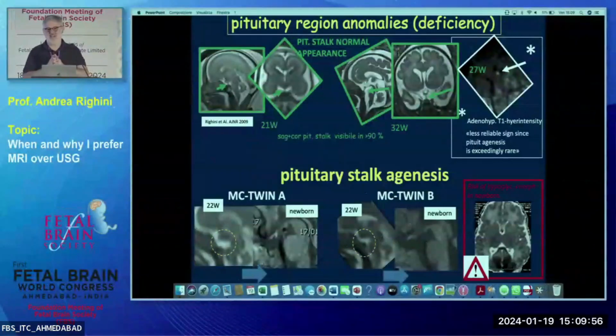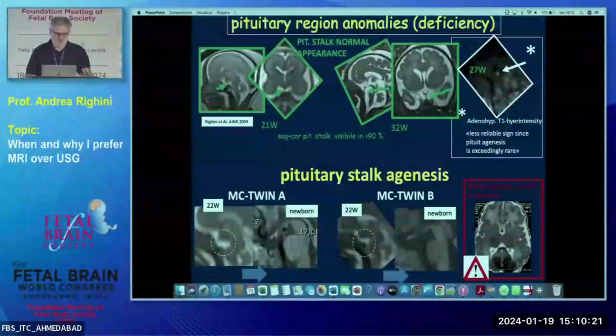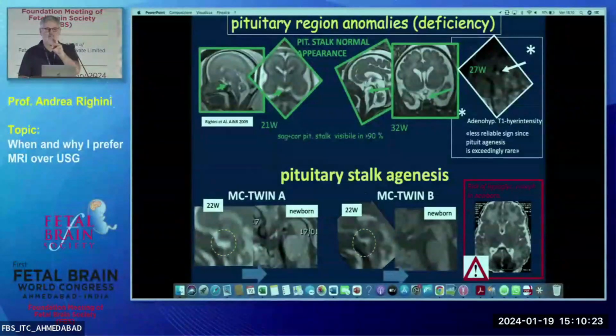It's not just an academic observation, because it also happened to myself that I almost lost a baby. It can be dangerous because when they are born, this baby can get sudden onset of very severe hypoglycemia, so the neonatologist must know, if possible, of course, that it's at risk of hypoglycemic encephalopathy in the newborn. So this is just a flash about a very niche sector where MRI can be helpful, but I'm pretty sure that in humans, even ultrasound is going to do that, as there are already examples in the literature. Thank you very much.